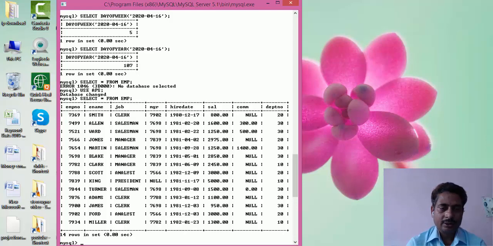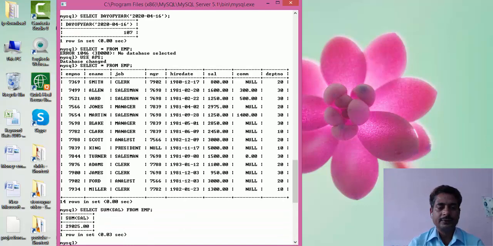To sum the values of any numeric column, like we want to sum the salary, use select sum salary from emp. You can find the total sum of this salary column, 29025. Okay.